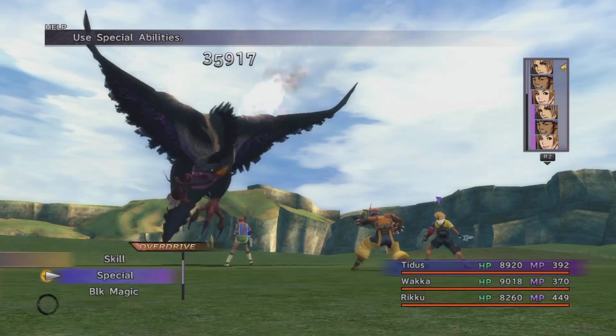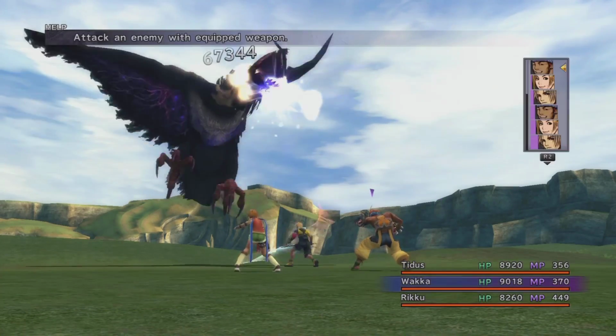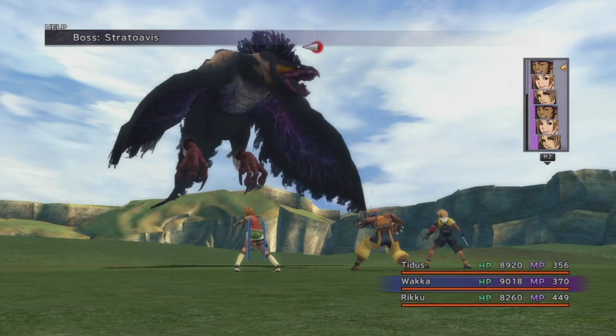So once you start fighting bosses that have more HP, Quick Hit is going to start coming into the mix, and you're going to find yourself using that a lot more. But I don't think I've taught Wakka Quick Hit yet, because of the route that he's taken on the sphere grid, so...